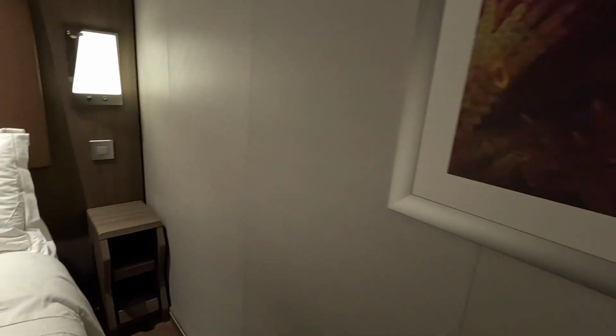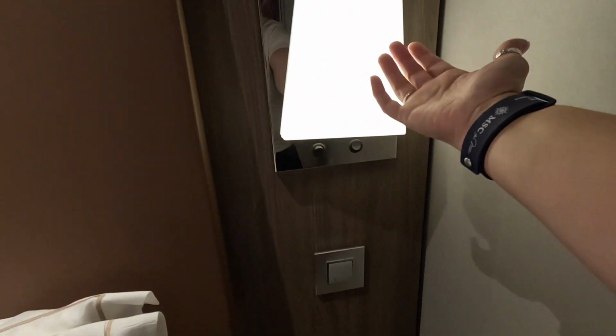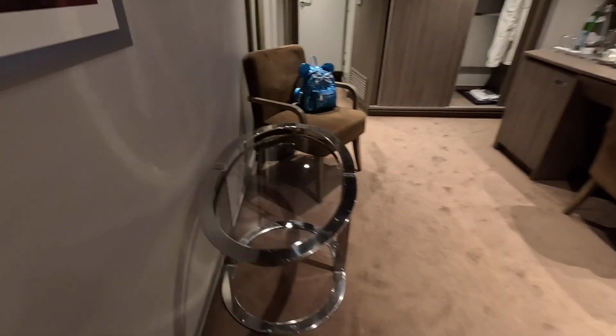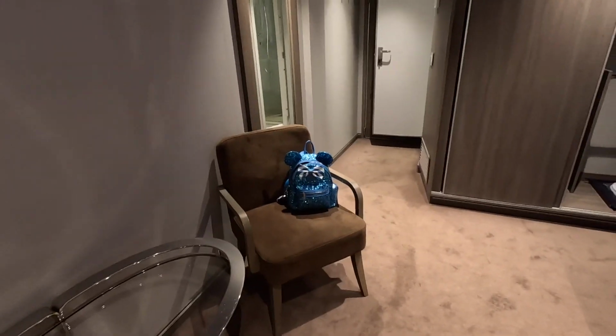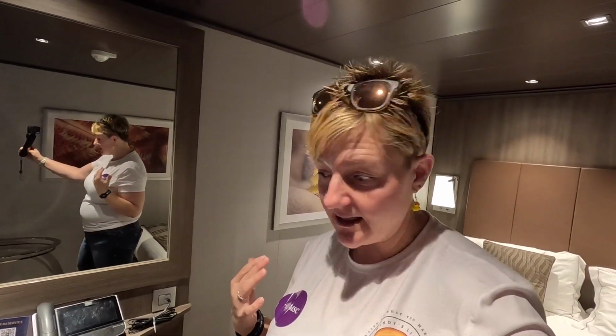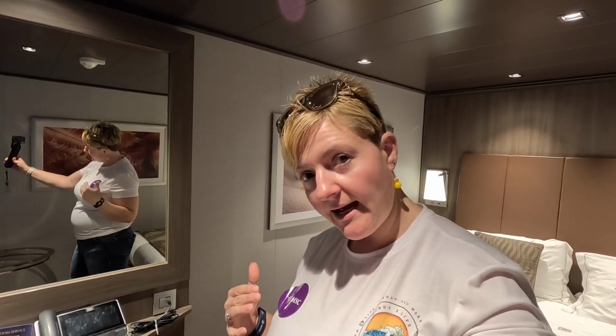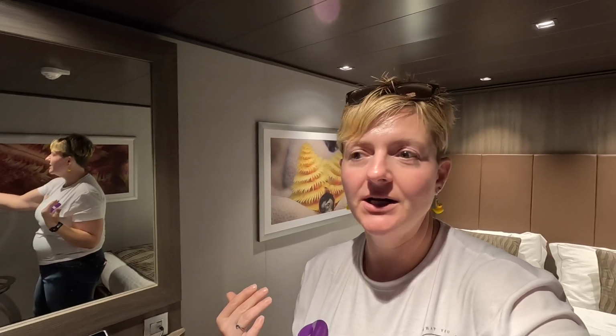And on the other side of the bed, we have the tray, just the on and off switch for here. And then we have a table we can move around. We have 2 chairs. And overall, I would say this room is very spacious. I'm looking forward to staying in it for the week and giving you the full deets on how we felt